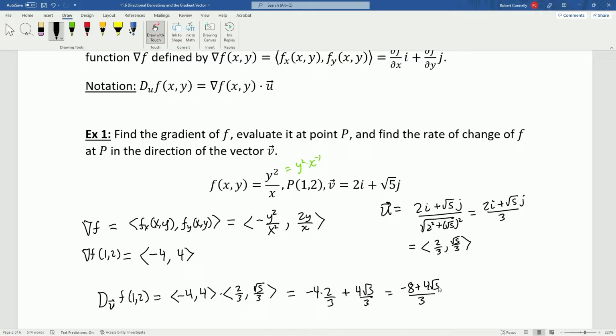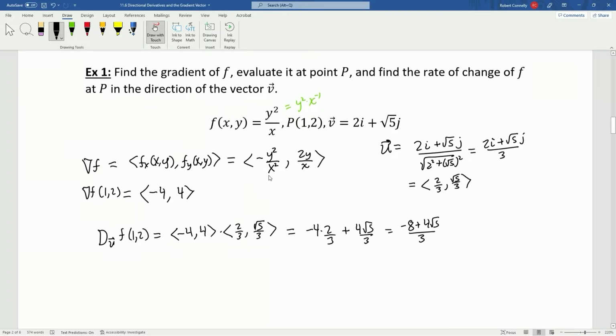Okay, so let's just think about what this number tells us, though, real quick, just to keep the context in mind. This is telling us the rate of change of the output f at this point when heading in this direction, right? Now, that's what this means. It's the rate of change in this direction of the function. Okay, so let's move on